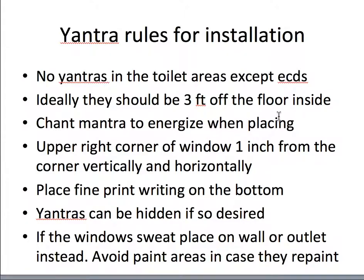And you want to chant the mantra associated when you place it. Now, we utilize transparent yantras if it's possible. We like to put them on windows because the light coming through magnifies the energy of the mantra and the coefficient of energy by the Sanskrit numbers and the colors as well. So we try to put them in the upper right hand corner or left hand corner of a window,